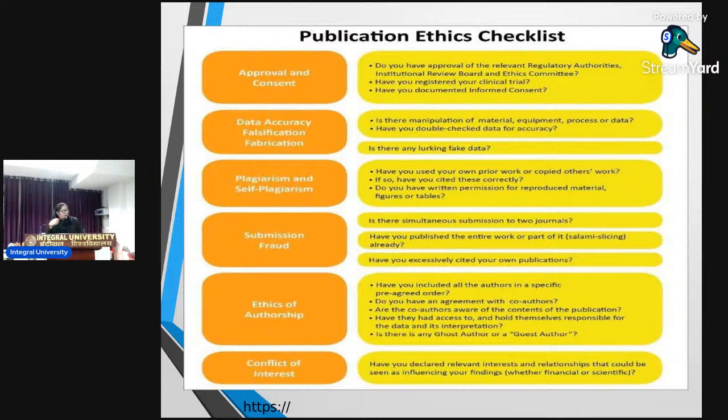All right. And then finally, conflict of interest, right? So while sending your paper for publication or sending your research work for funding, you have to declare any conflict of interest, right? So you have to disclose a conflict of interest. What is a conflict of interest? Conflict of interest is any kind of financial, professional, or personal relationship that might affect the objectivity of the findings, right?